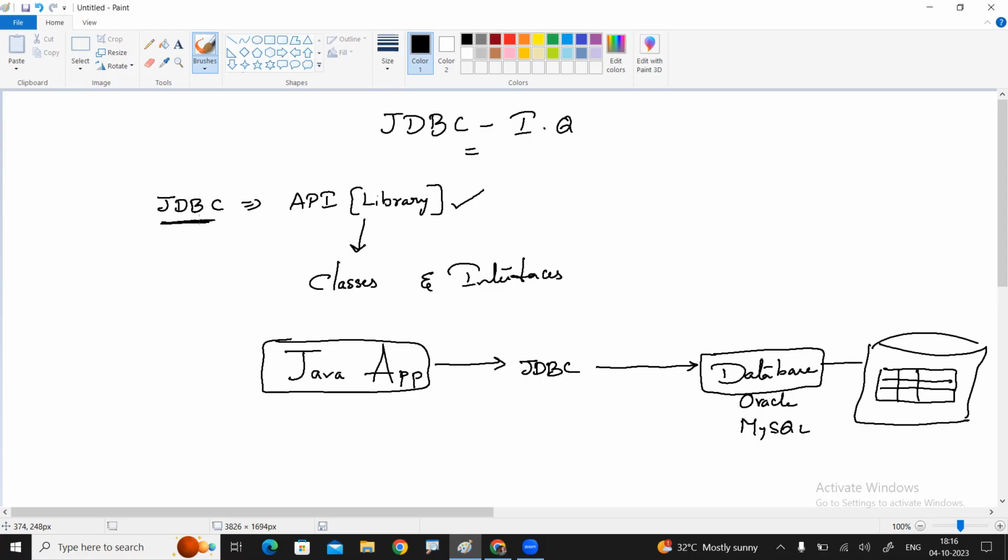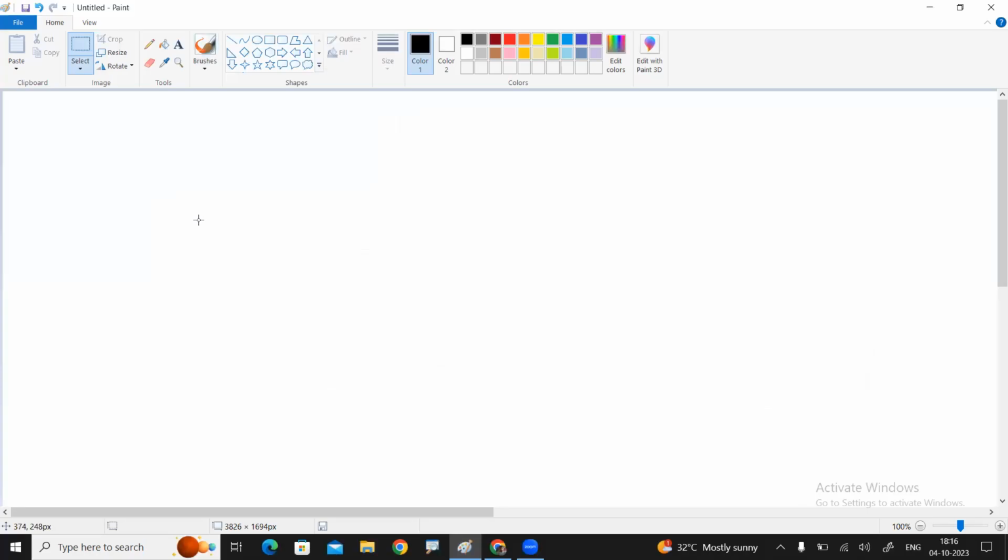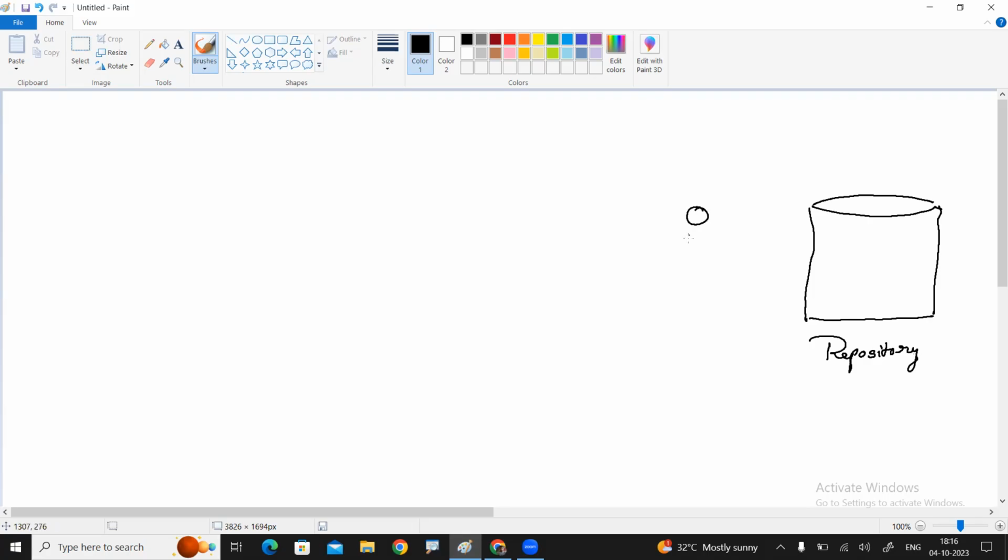Now, how many types of applications are there and how to communicate with the database? Consider here it is a database. This is a repository where you can store the information permanently. Memory will be allocated whenever you install any database management system, like Oracle or MySQL.